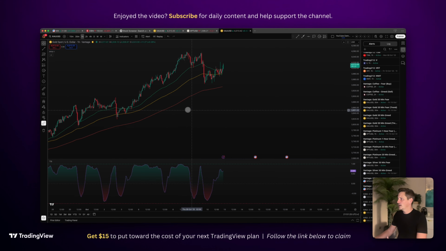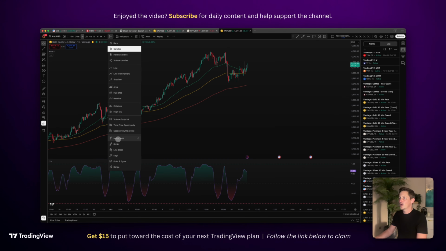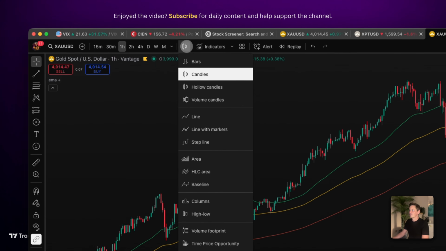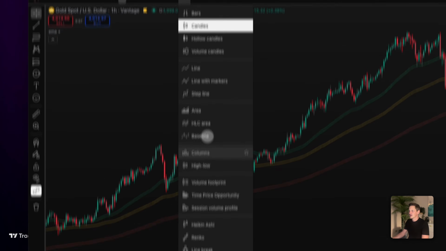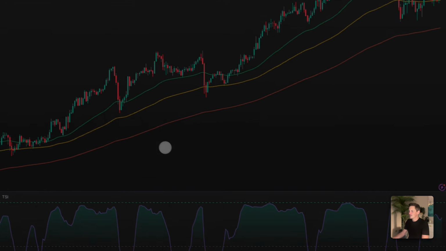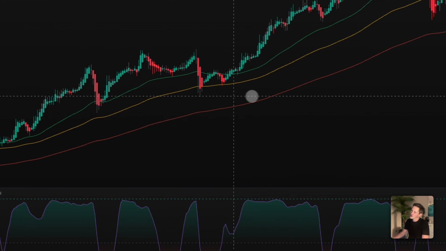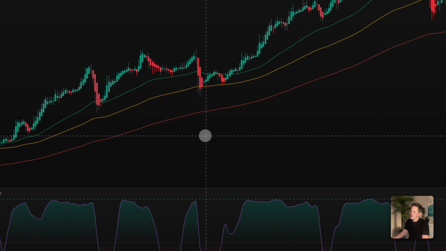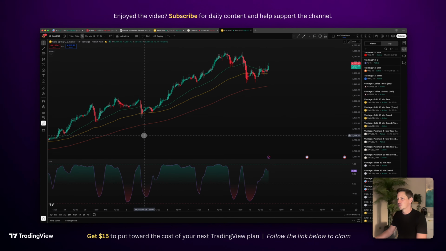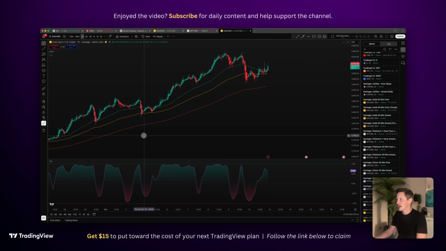Now I'm going to give you my little secret sauce on the end of this as well, which makes it a little bit easier to know when to get an entry. If you move to your indicators here, or your bar, your candles, I do apologize. Move down to Heikin-Ashi, and now it's much smoother. I will create a video on the Heikin-Ashi candles soon, but I often use these to identify trend and positions